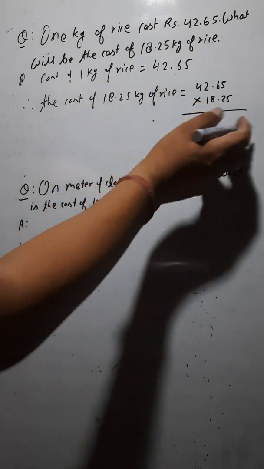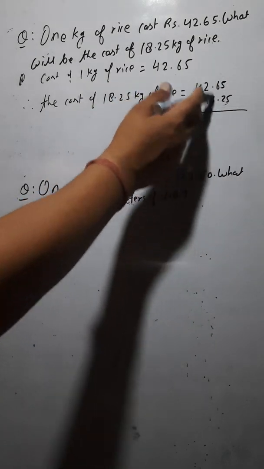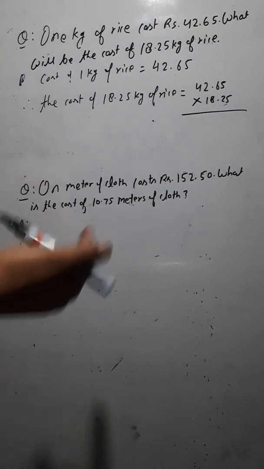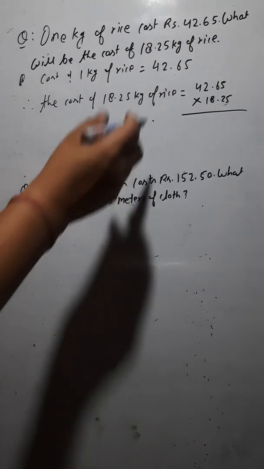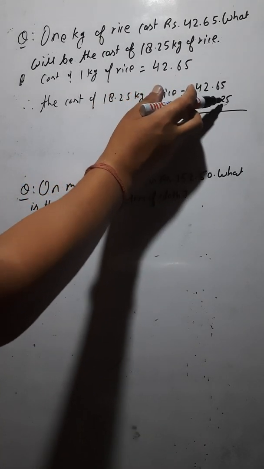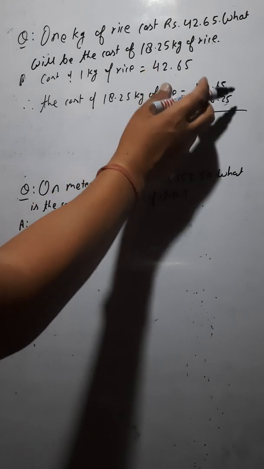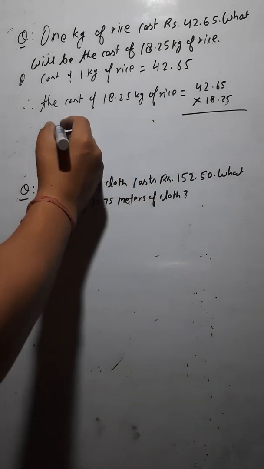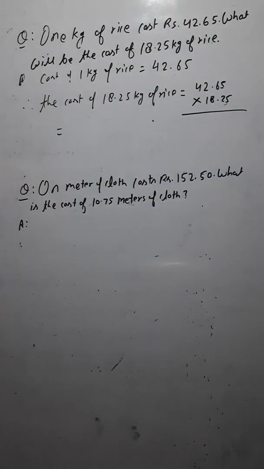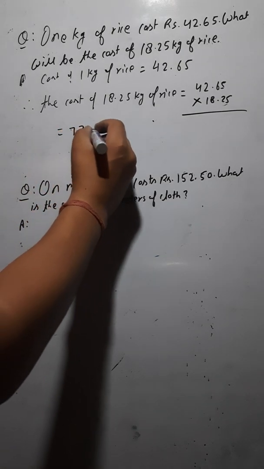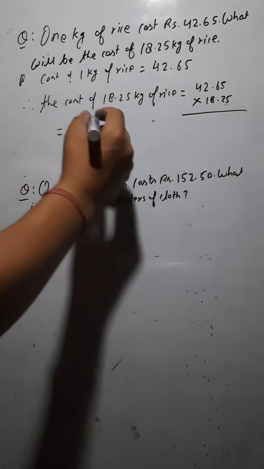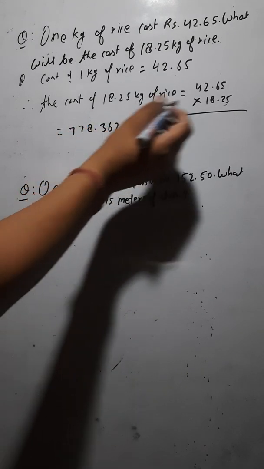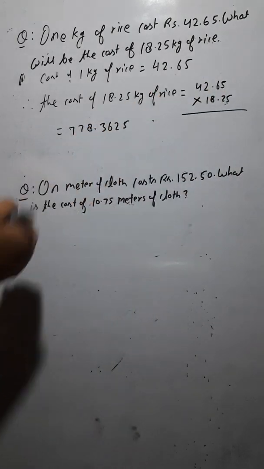Okay, normal multiplication would be there. First multiply by 5 to all, then 1 cross, then multiply by 2, then multiply by 8, then multiply 1, then add all. Normal multiplication, the way you are multiplying. But at the last, where would you put the decimal, after how many digits? 1 2 3 4, because two places here, two places here, total are 4. So there would be 4 places for the decimal. Are you getting it? If you calculate this, the answer that you would get is 778.3625. How many places can you see after the decimal? 1 2 3 4. Here also 1 2 3 4. So total 4 places for the decimal.